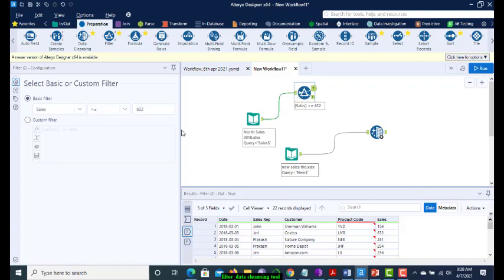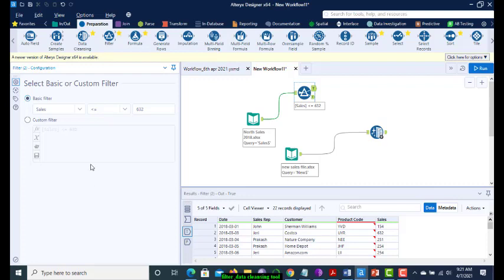In the filter tool you get two options to apply your filter: one is basic filter, the other is custom filter. Basic filter lets you apply only one filter condition to filter your data and get the output.